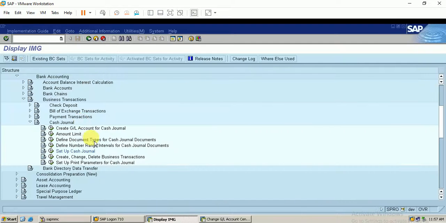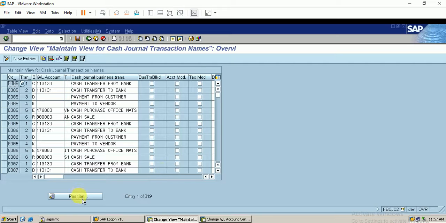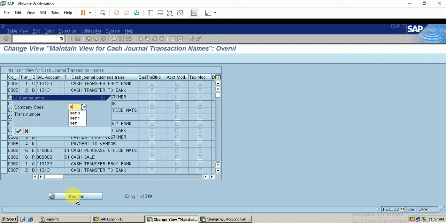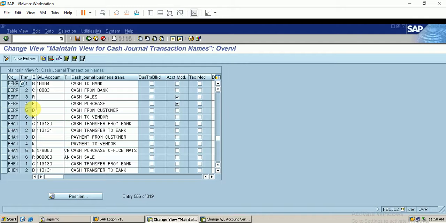The next step is create, change, delete business transactions. In this step, I have defined 6 business transactions which I can use for cash channels. I have created all those things. I'll just show you. So these are the 6 business transactions. You can make these by clicking on new entry.